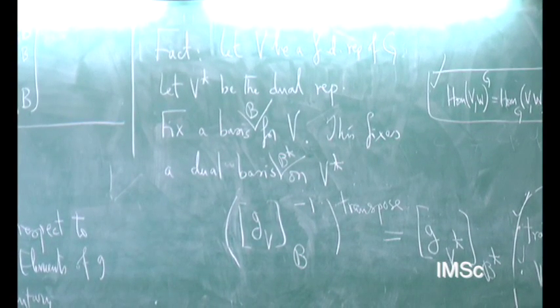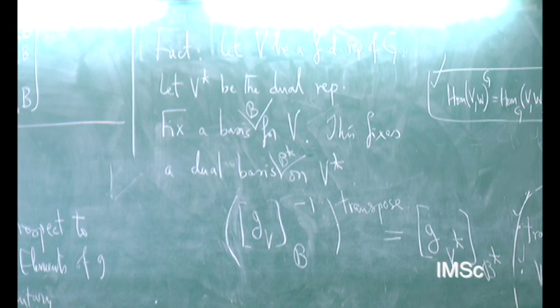I'll tell you roughly why this is. I'll give you a proof, or rather a way to remember it perhaps. What did we write? G of f is equal to f of G inverse. So that inverse accounts for the inverse. And you want to make it a transpose because somehow